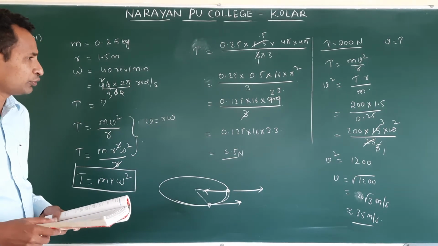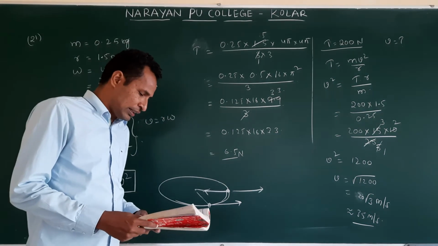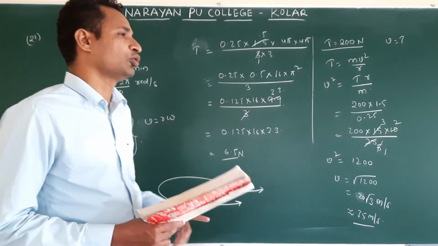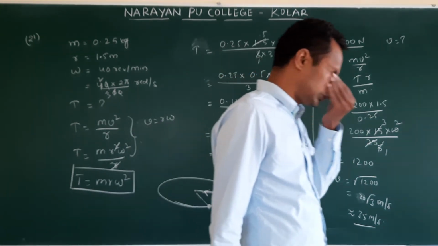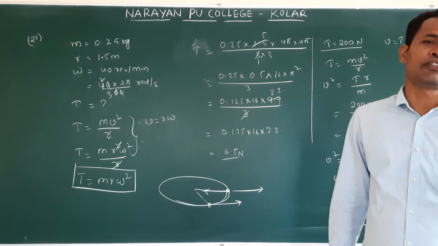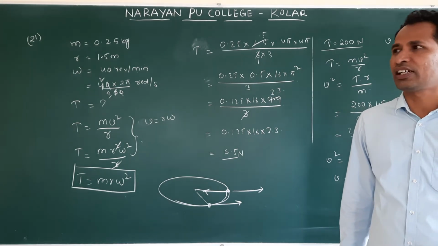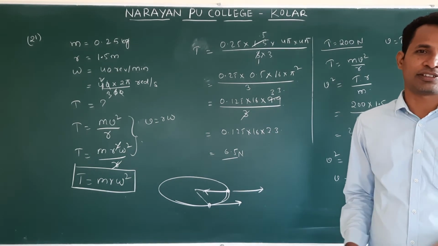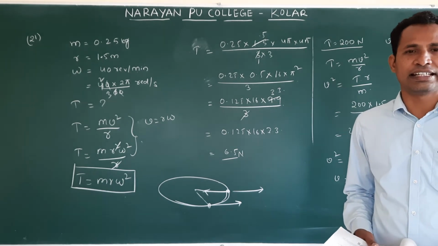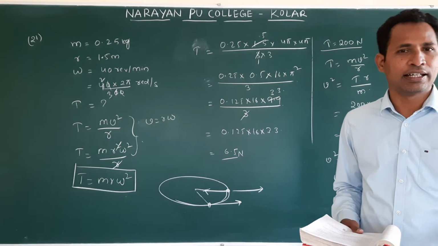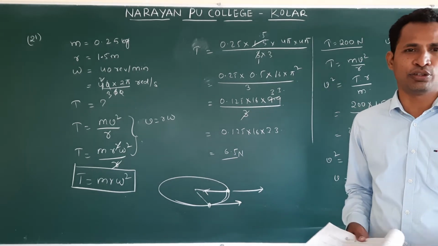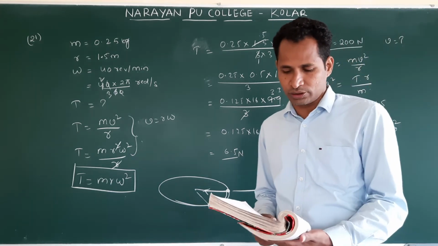Okay. Now 23, last question. A horse cannot pull a cart and run in empty space. What is the main requirement to move bodies on the ground? Friction is required. When will friction develop? When bodies are in contact. In space, what is the contact? Horse legs to the ground. Is there any contact between horse legs and ground and cart tires and the ground? So no contact, no friction, it's not possible.